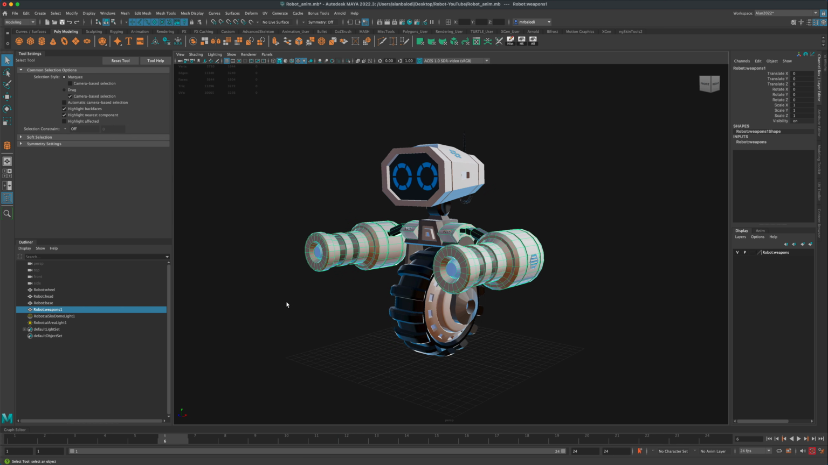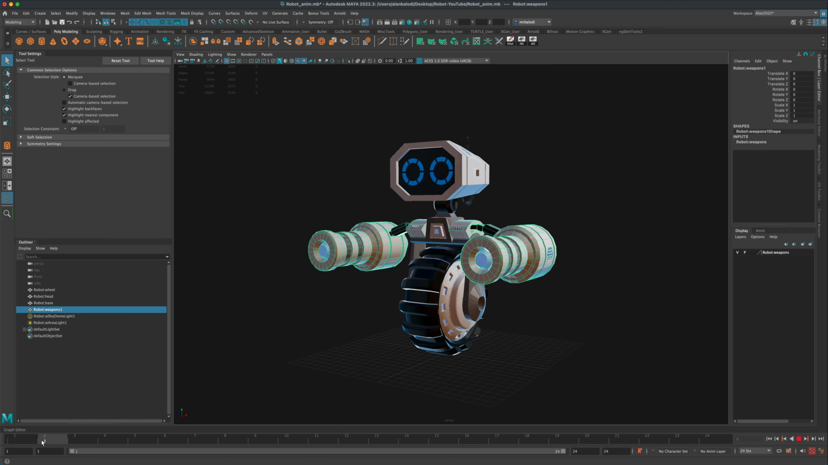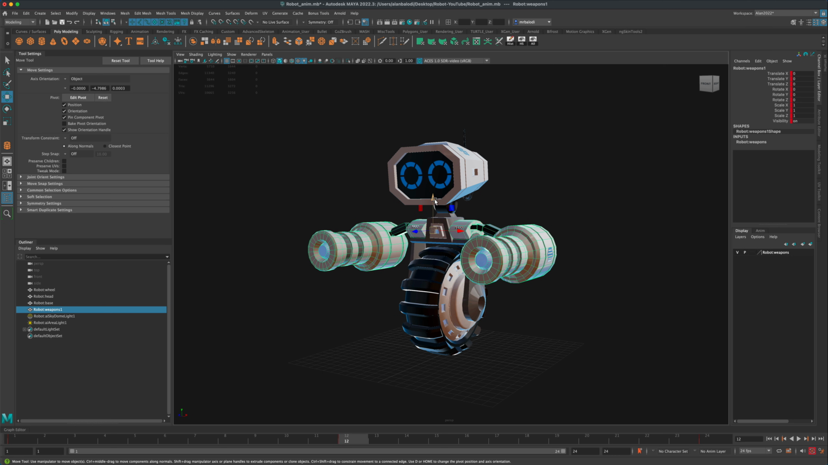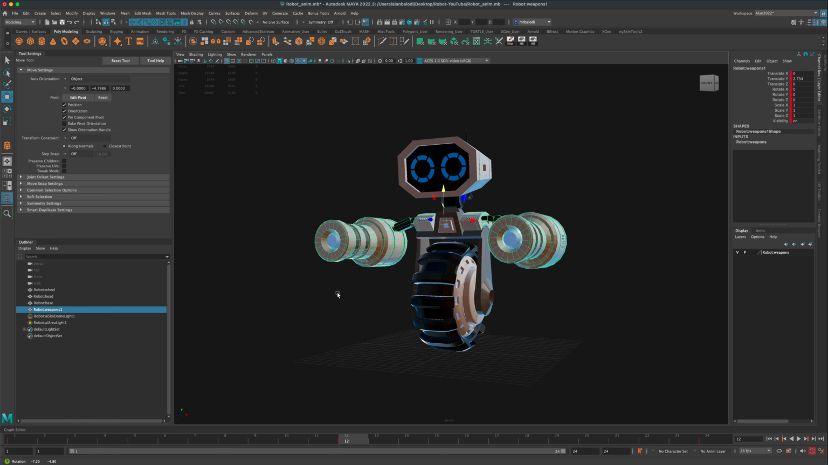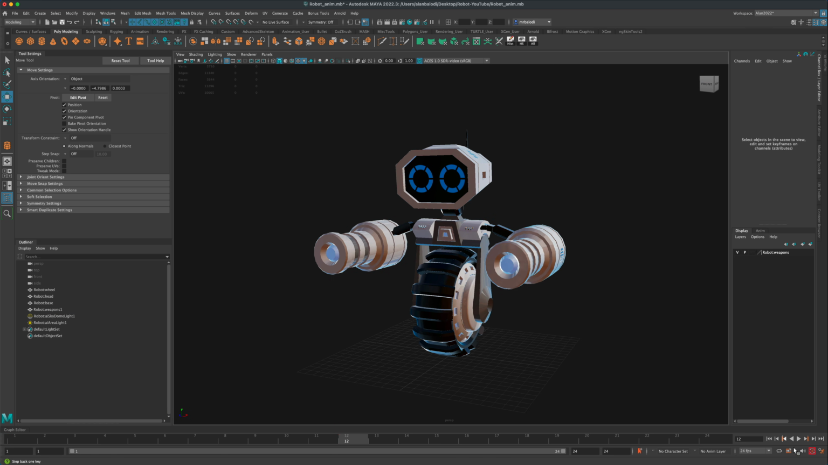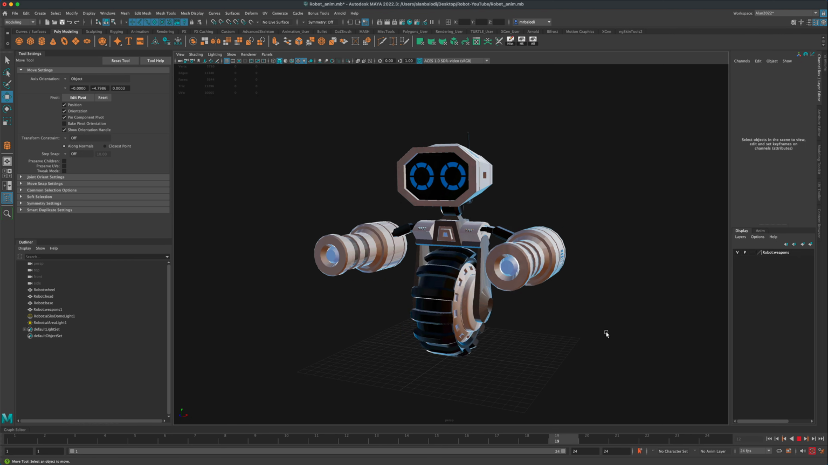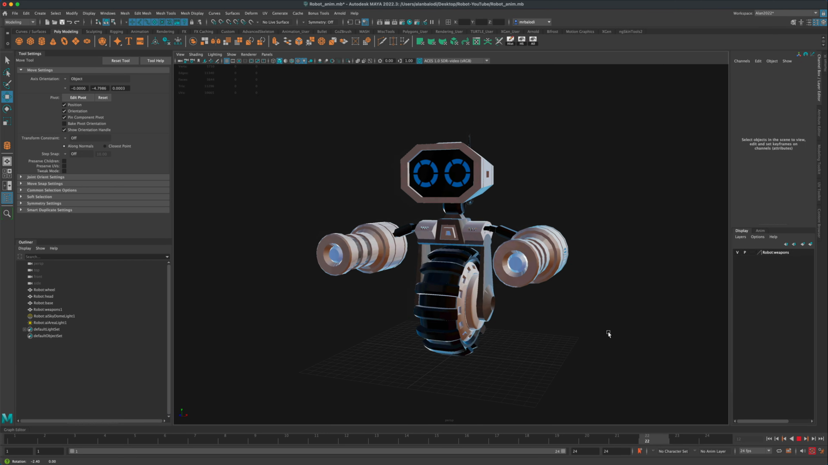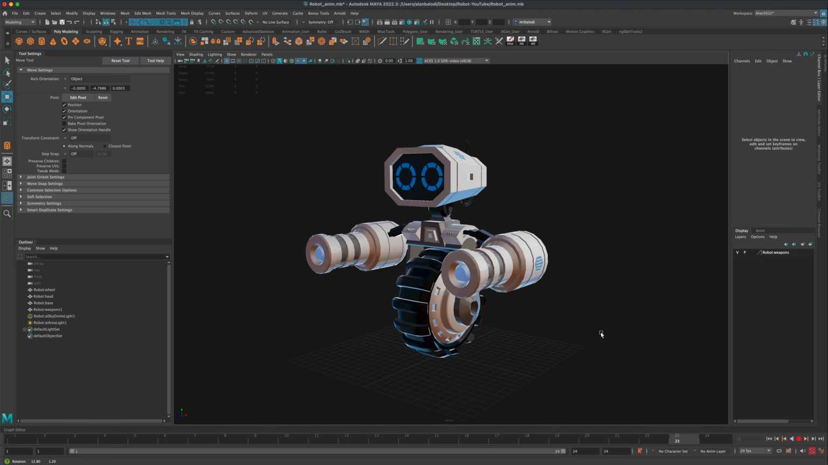Another thing I can do is grab his weapons and do the same thing. Go to frame 1, 24, press S, and then go to 12, press S, and maybe this time the whole shoulders and the weapons kind of go up just a little bit. Let's see how that looks. So now it's starting to really feel like he's in motion,